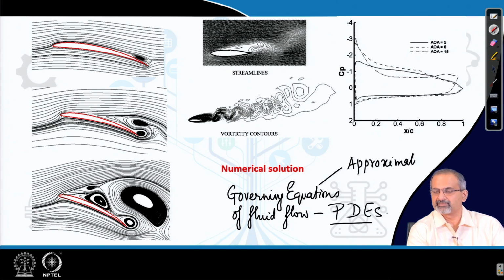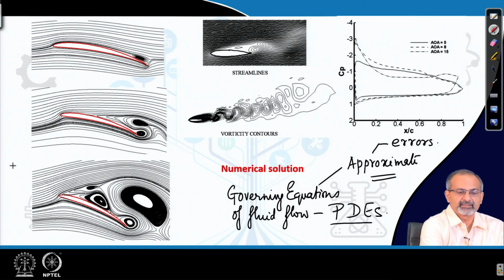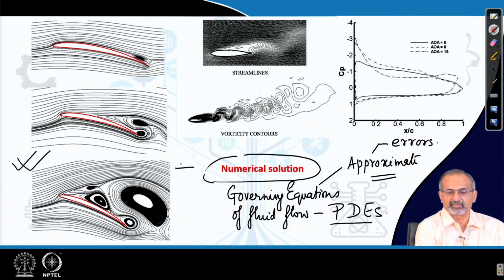We do not solve them exactly, but we solve them in an approximate manner, and we ensure that the errors are kept to the very minimum, so that you get a solution as good as an exact solution, if an exact solution really existed. Thereby what you end up creating is a visualization of the flow by numerical means. So, earlier you saw visualization of the actual flow using experimental means. Those were physical experiments, these are numerical experiments.